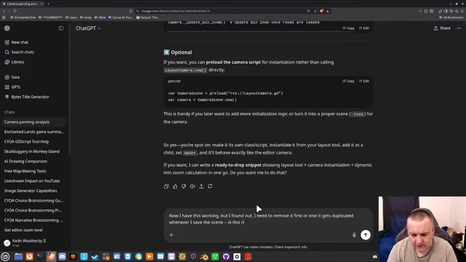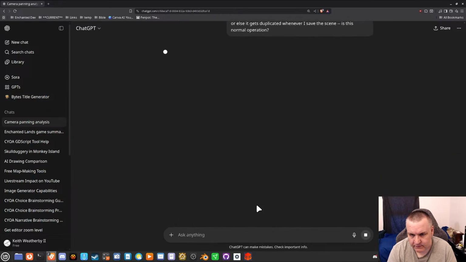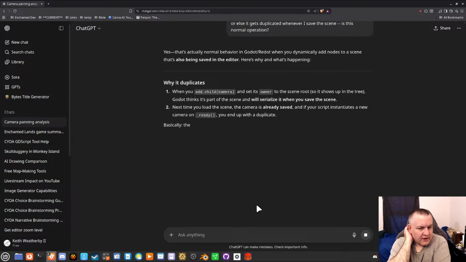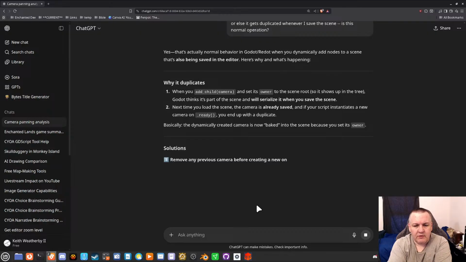Is this normal operation? Behavior when you dynamically add nodes to a scene that's also being saved in the editor. Here's why that's happening. When you add child, it sets its owner to the scene root, so it shows up in the tree. Godot thinks it's part of the scene and will serialize it when you save the scene.